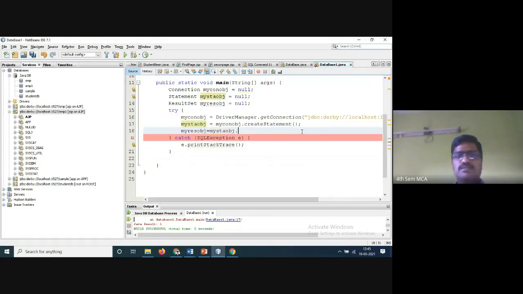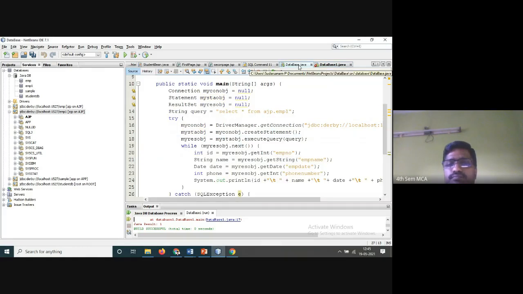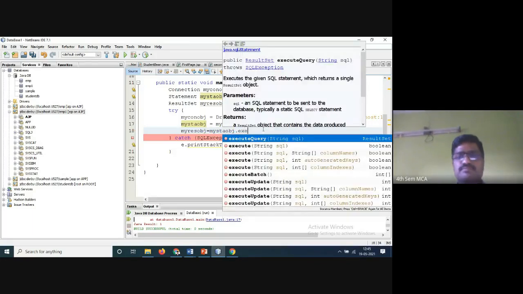Obj dot execute string SQL Boolean result set.